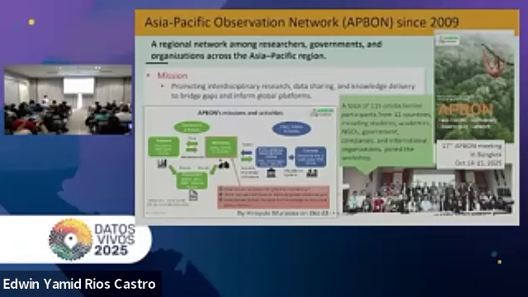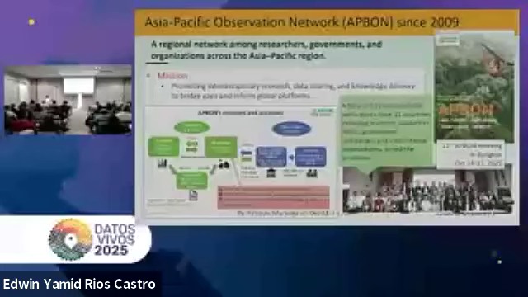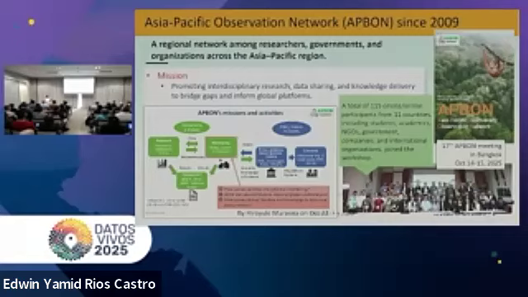AP BON is a regional network among researchers, government, and organizations across the Asia-Pacific region. Our mission includes promoting interdisciplinary research, enhancing data sharing, and delivering knowledge to bridge gaps and inform global platforms such as GEO or EBVs.